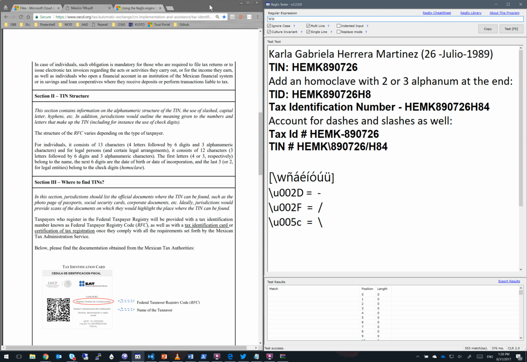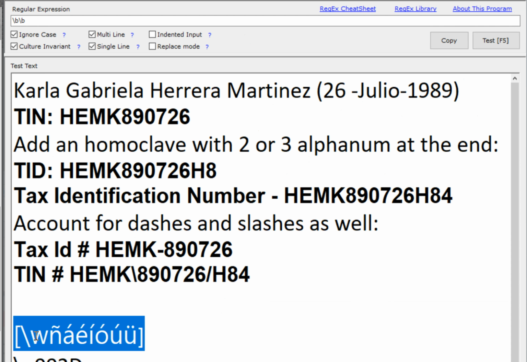Let's start simple and take care of the 4 letters followed by 6 digits. For the 4 letters, since we also want to cover Spanish characters, I'll use \W for any word character, followed by a list of special characters contained in square brackets. While \W can also handle special characters like these, I wanted to make a point to put them in our pattern to show flexibility. Next, let's cover our 6 digits by putting in \D followed by the number 6 in